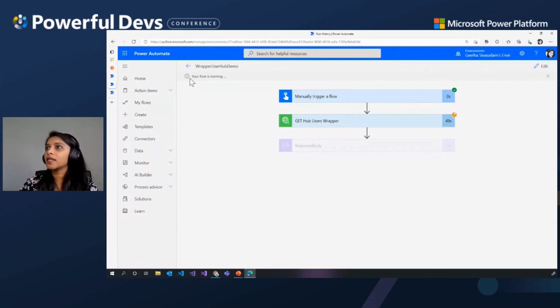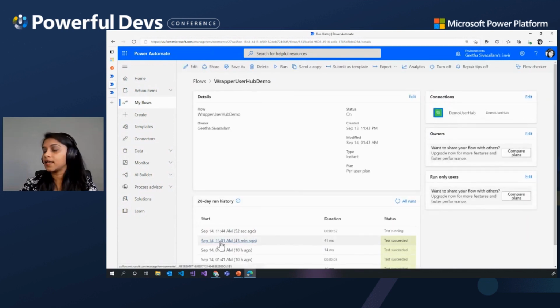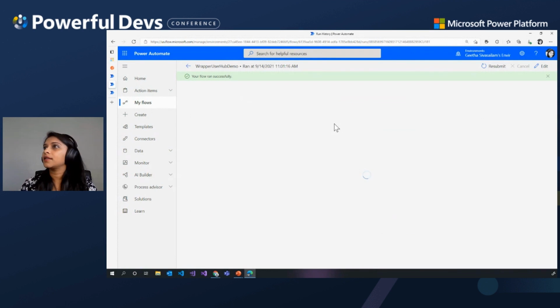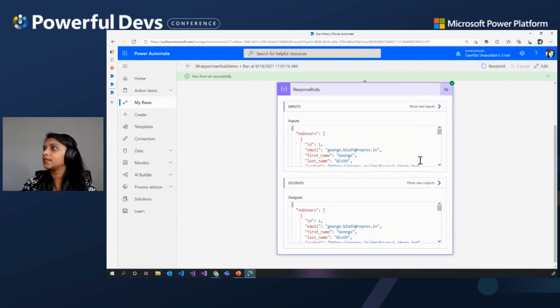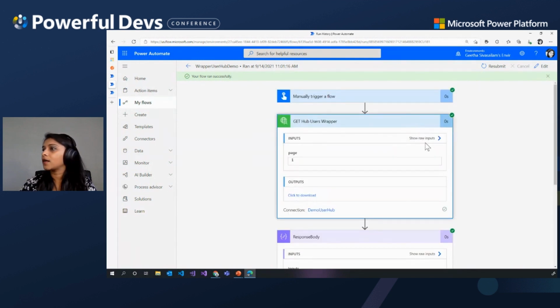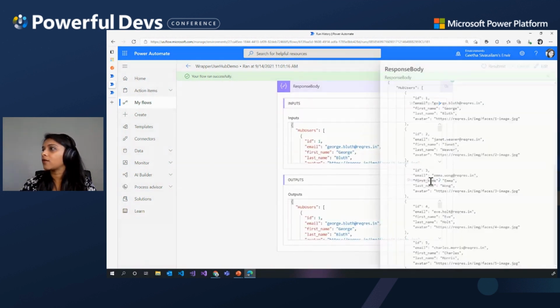All right, why don't I do this? Let's go back to a prior run, and let's take a look at that. That way I can show you what that payload is going to look like. All right, so here's our successful run that I ran just a couple of minutes back. And so you'll notice we've made the call. And then if you look at our raw output,